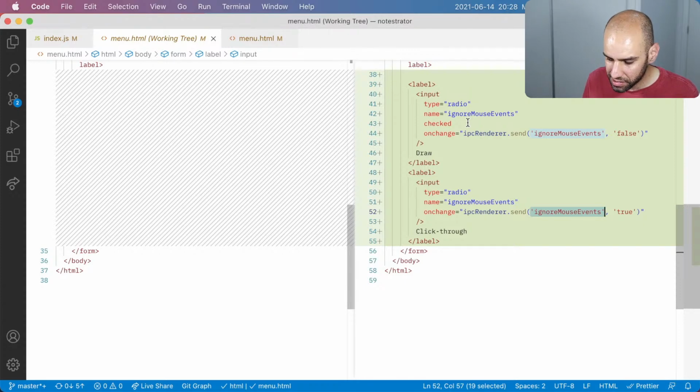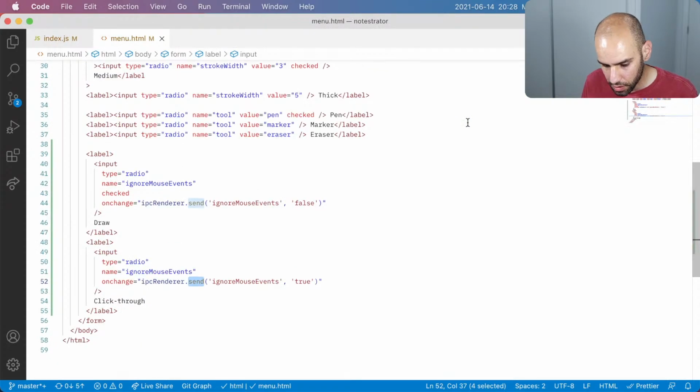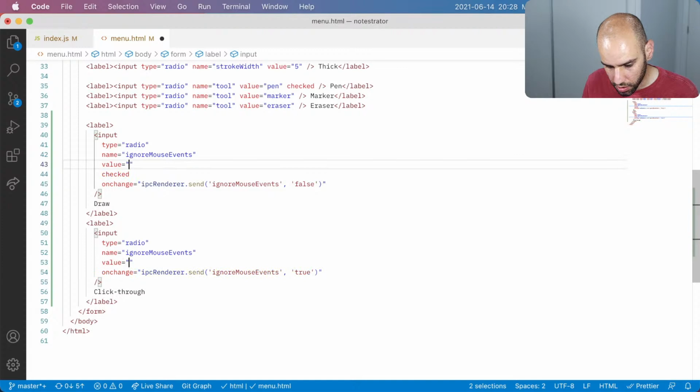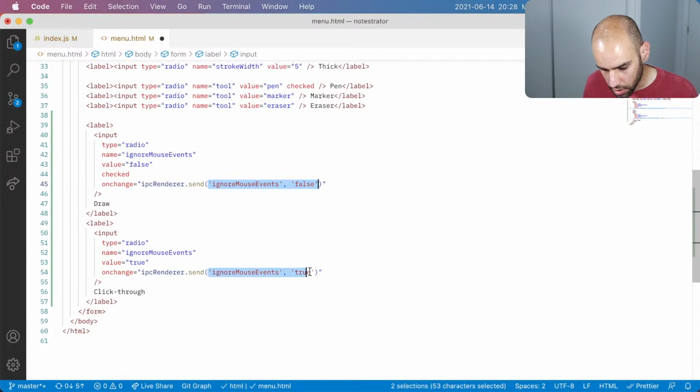Does it matter? Should I do it this way? I guess I will. So how about we have value of false and true, and then in these positions we could say this name and this value,